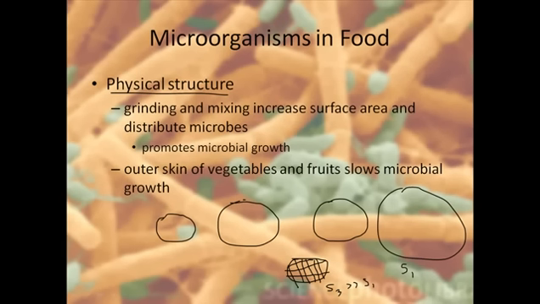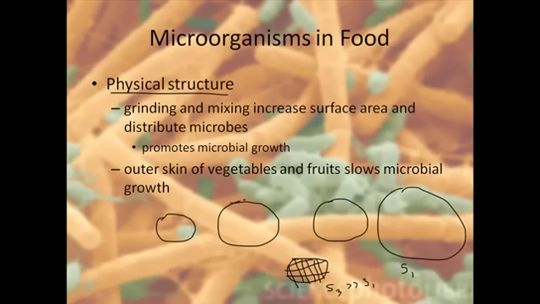So why are surface areas important? Because if we provide a large surface area, then many microbes come and sit and they can have fun in the food. If we are not providing that much surface area, then it will be difficult for bacteria to grow. So if we grind and mix them together, it will increase the surface area, because in fermentation we grind and mix all these things and scatter them over a really large surface area, giving microbes a large surface to grow on. It's like a mattress for microbes, a food mattress. If we do not promote the large surface area, then it will be difficult.